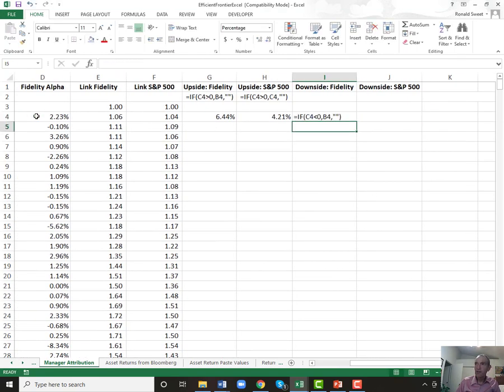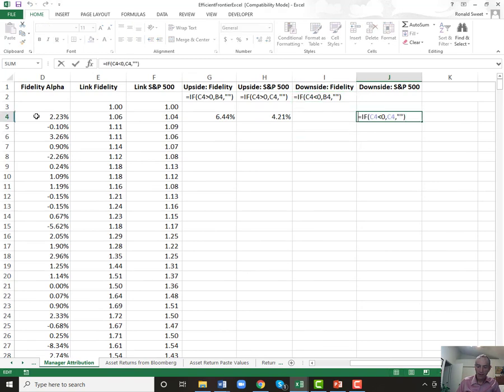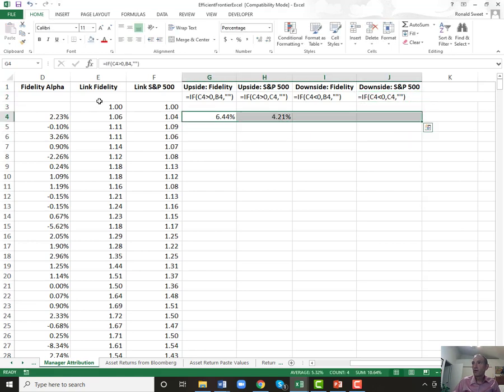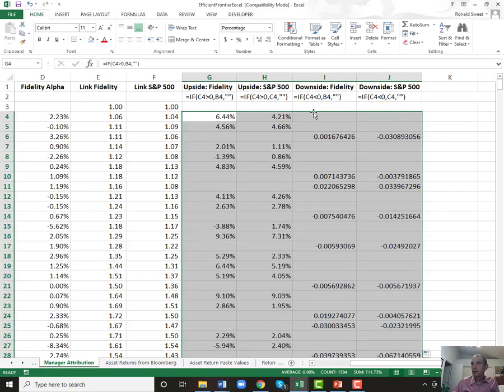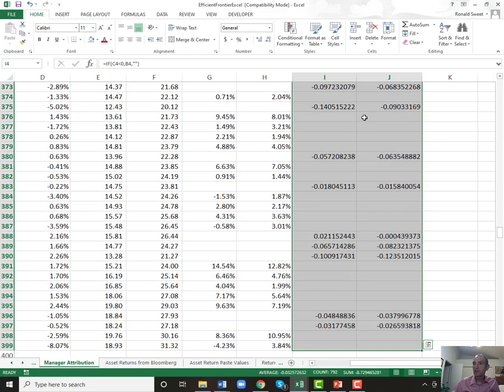All right, let me copy those up so you can see them. Now we're not getting anything because the S&P was up that month. But I'm going to take all of these, all 4 of them, and copy them down so you can see some negative months. Let's change these to percents.